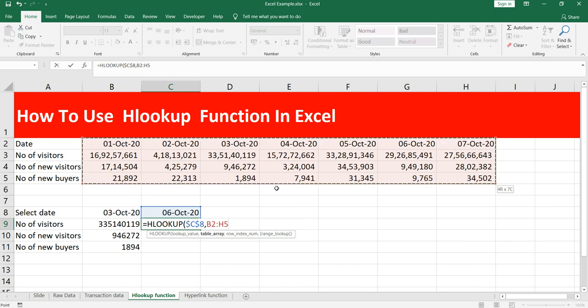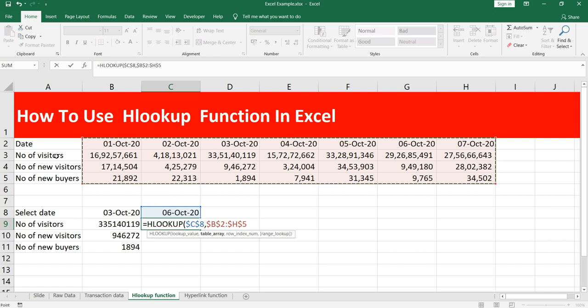Now what should be the row index number? Currently in A9 I have number of visitors. If you see, the number of visitors is present on row 3. Now if we go by the row number of this sheet, then A1 has this banner, A2 has date, A3 has number of visitors. So row number 3 is our index.